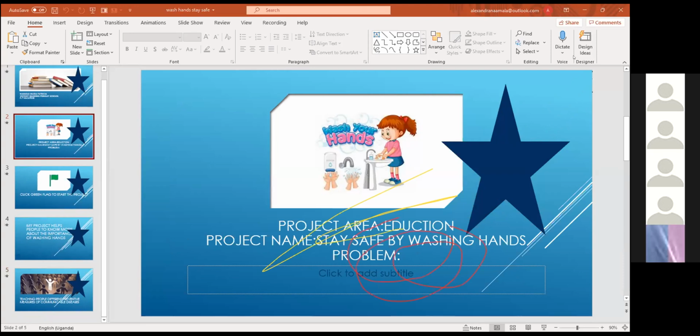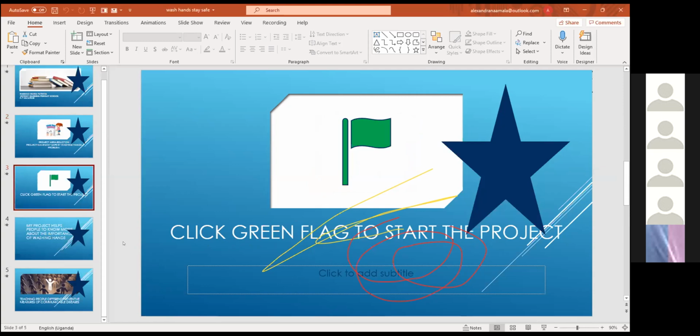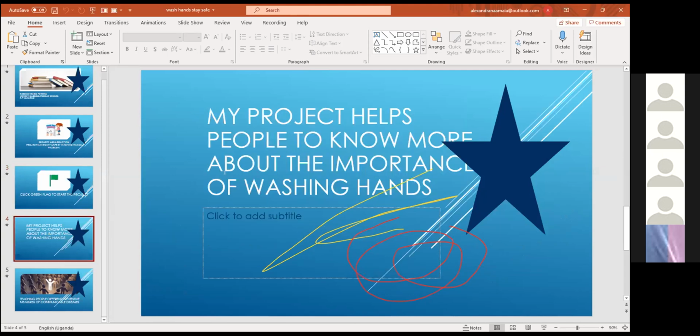The problem I'm solving is I want to reduce the rate at which communicable diseases spread through unwashed hands. How my project works: click the green flag to start the project. The importance of my project to people: my project tells people to know more about the importance